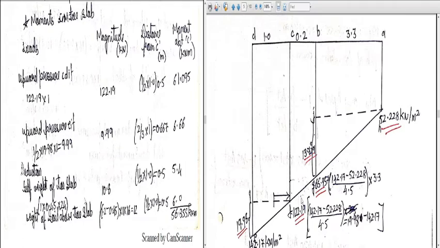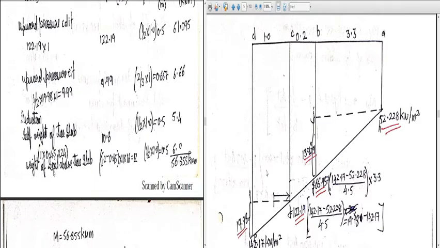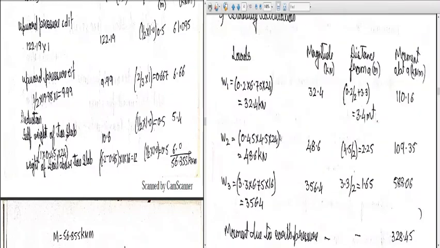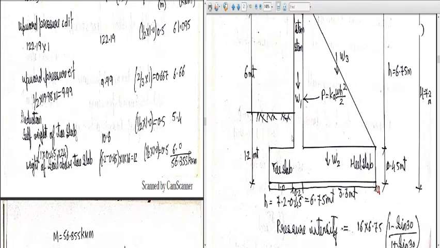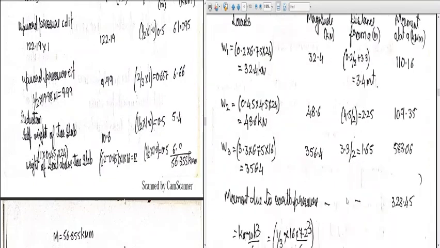Then we have the self weight of the toe slab. So this is a deduction. It is a rectangular section 1 meter by 0.45 and the density of concrete is 24. So this is the magnitude and its CG is working out to be half of 1, so 0.5. And even you can see in the diagram, the soil is present at some height. So 1.2 meter height, this soil is present. So I will consider this rectangular portion. It will be 1 meter width and height will be 1.2 minus 0.45. So the same thing has been done here.